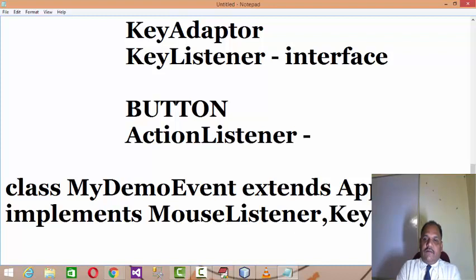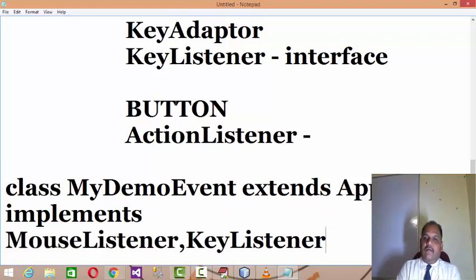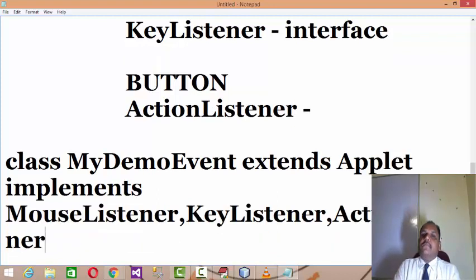Then you have a key listener to process the events performed by user by using key, and the third is your action listener. If there is a button or buttons on the applet and a user presses that button, then what response needs to be given by the application, that will be processed by the action listener.